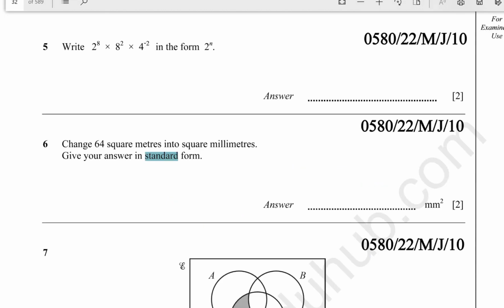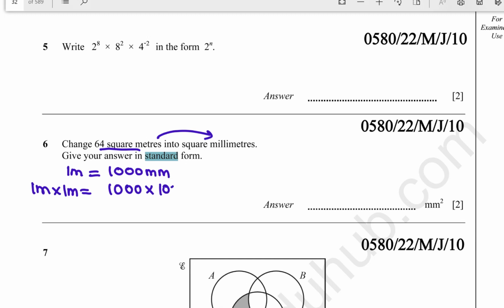Now this question has been taken from May June 2010, paper 2-2, and that's question number 6. Change 64 square meters into square millimeters. Give your answer in standard form. Now there's a little bit of conversion. First we need to change these square meters into square millimeters. Before we do that, let us establish a relation between square meters and square millimeters. We know 1 meter is equal to 1000 millimeters. So 1 millimeter into 1 millimeter, which is 1 square millimeter, is equal to 1000 into 1000